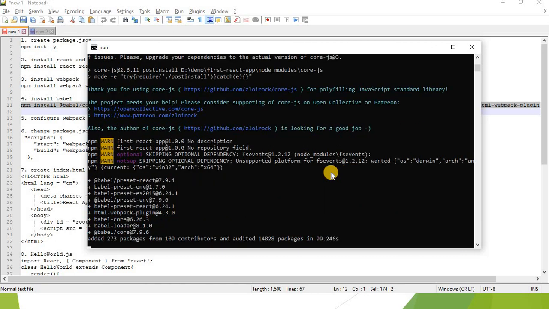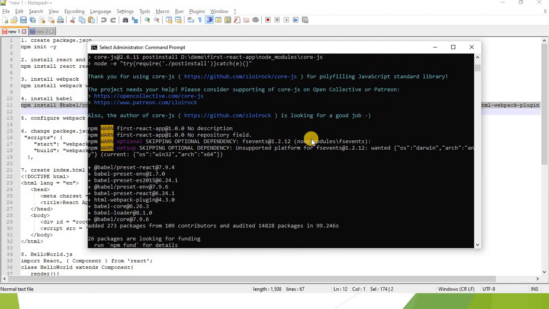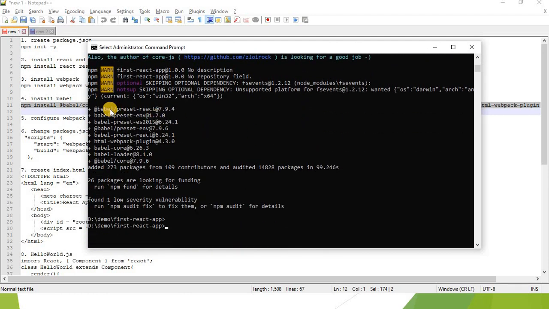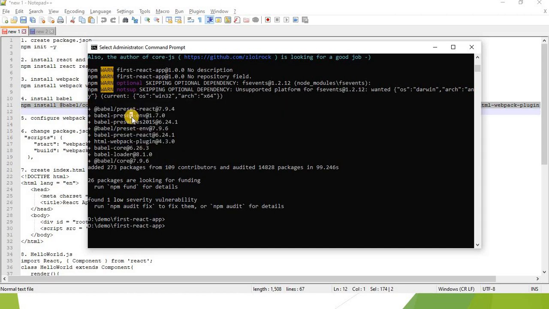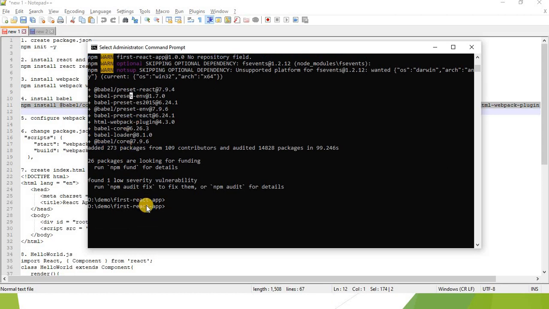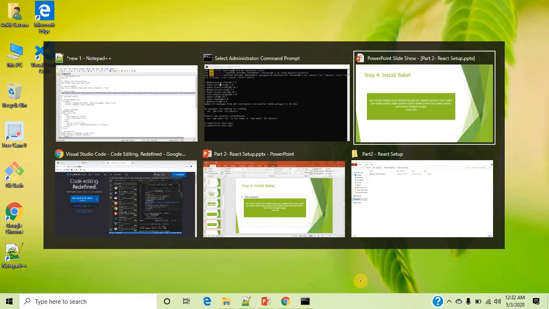If you define it as a dev dependency, it is only available in development mode, not in production mode. So you can see all the Babel core libraries as well as the other preset libraries for conversion installed in your directory. So after installing webpack and Babel,